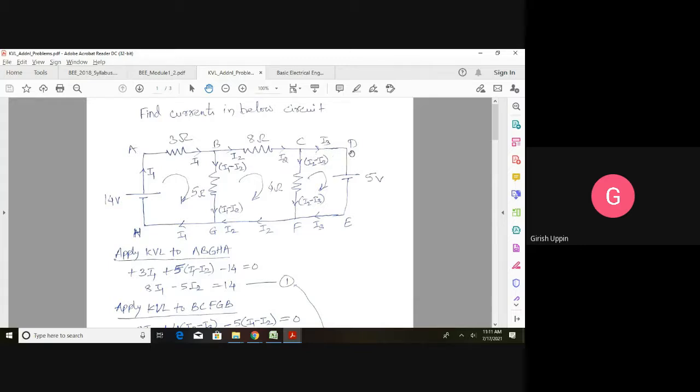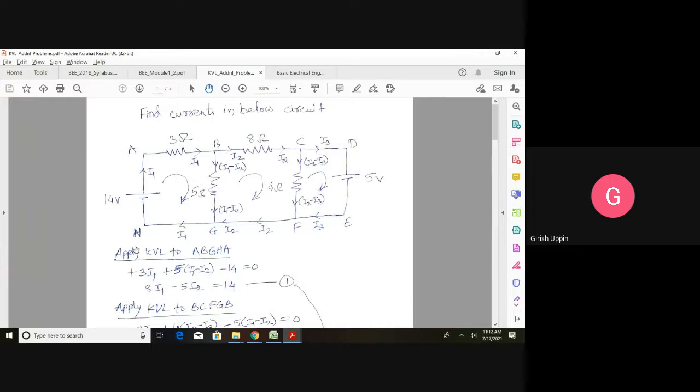And the same, I2 minus I3 will come here. This current is I3, and this is I2 minus I3. When they combine, I2 minus I3 plus I3 becomes I2. Then here I1 minus I2 plus I2 will cancel. I1 will remain, I1 current will come back. Now you can see there are 3 unknowns, 1, 2, 3. Apply KVL to 3 loops, and you will get 3 equations. And then you can solve that.